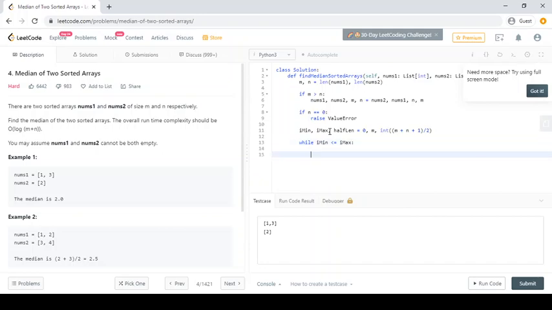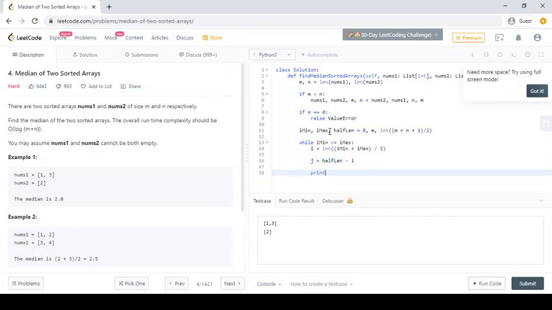Now we calculate i using binary search, going to the middle: we take (min + max) / 2. So we have the i value. Now we calculate j using the simple formula: half length minus i.